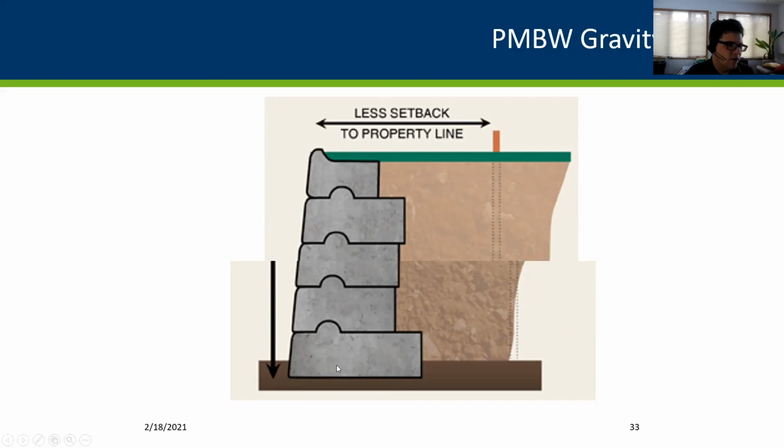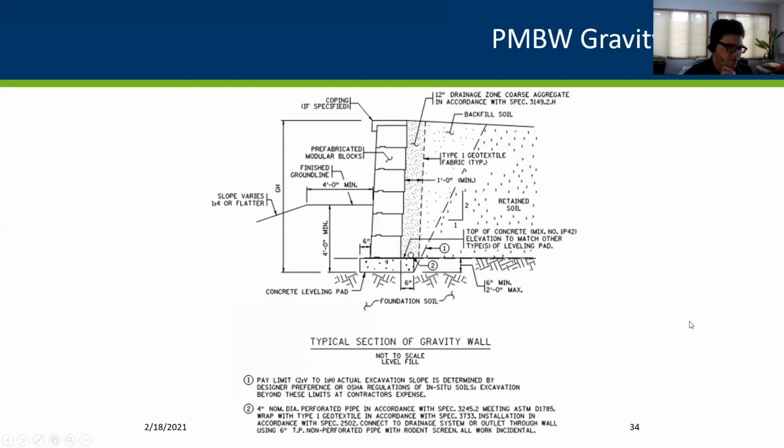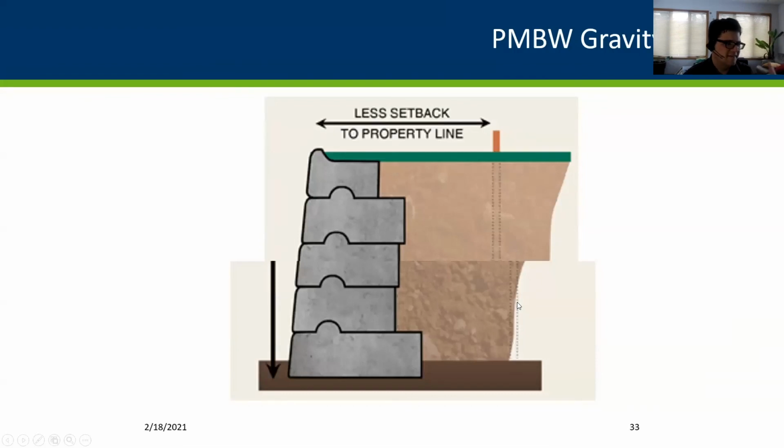These walls will also be buried 2 feet, and the leveling pad underneath the blocks is 2 feet thick. Again, we don't want frost heave to cause the facing blocks to displace and ruin the look of the wall, so we want to make sure the leveling pad's deep enough to prevent that from happening. But I'll show us a typical section we have. I'd show this first one mostly because this is what those walls will look like in cross section.